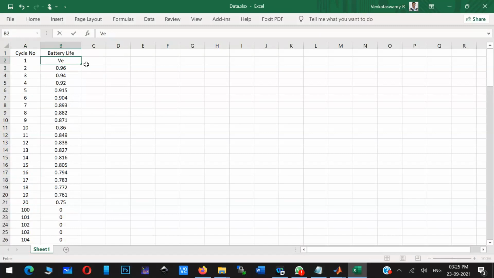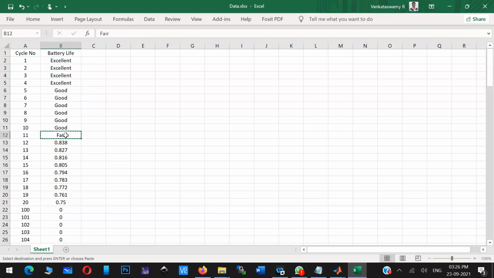So battery life is very good. Or you can say excellent. And this may be good. Now, you are keeping some kind of string for some values. And maybe this can be a fair value.